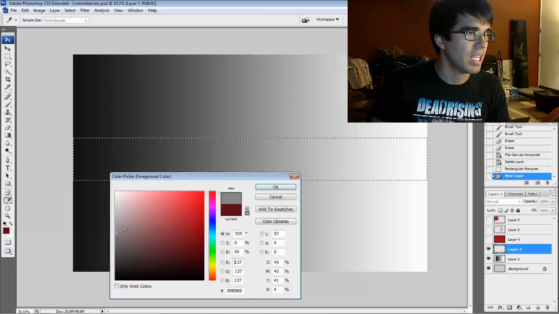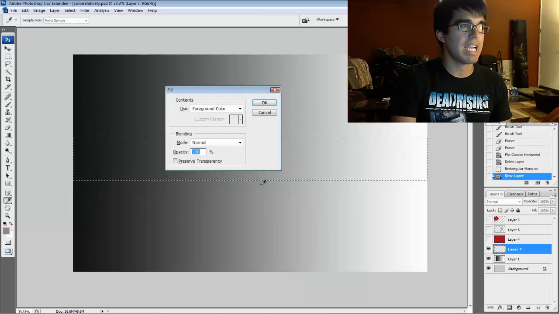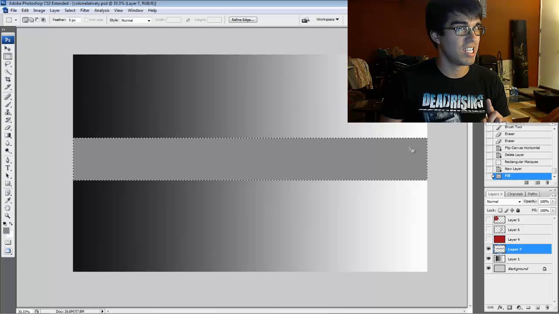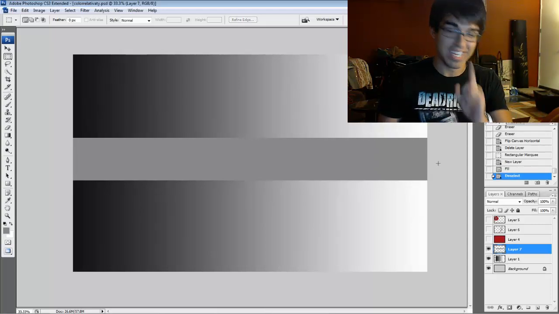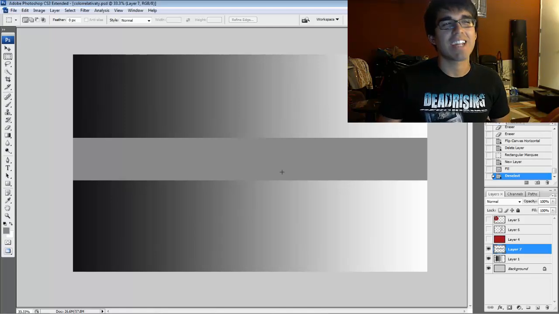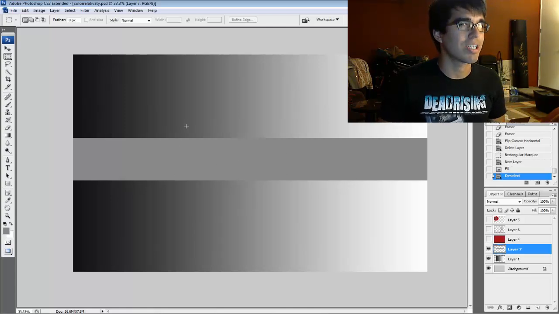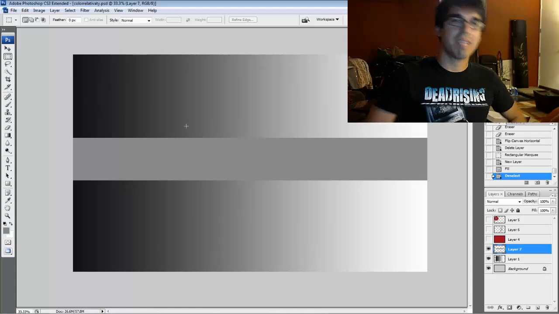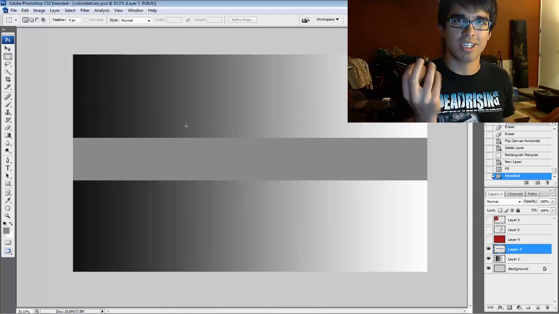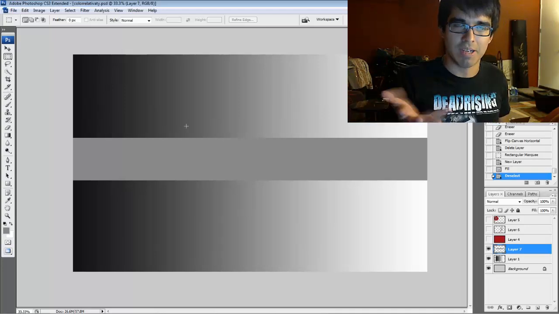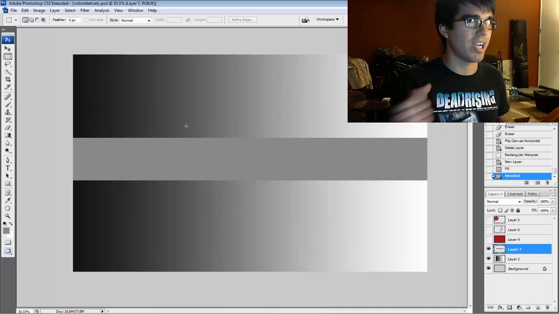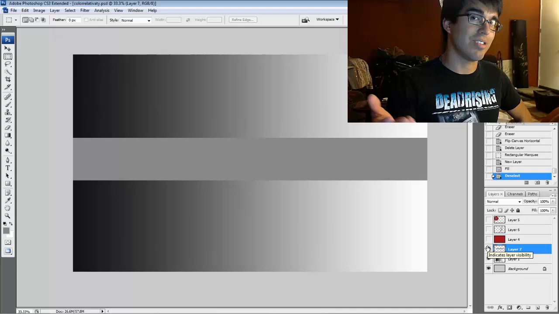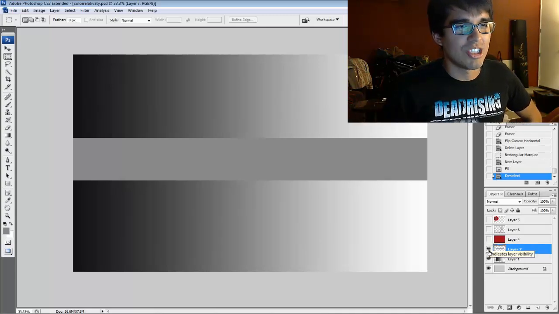Let us pick our gray here. There we go. Alright, and let's fill it like that. Now, did you see exactly what I just did there? I filled it with one color, right? I did not fill it with a gradient. Yet, you look at it closely, and your mind translates the gray as going from lighter on this side to darker on this side. This is because your brain interprets the darkness and the value of something by all of the things that surround it. This also applies to color as well. So this is an exciting thing to take into your art repertoire and Jedi mind trick the people